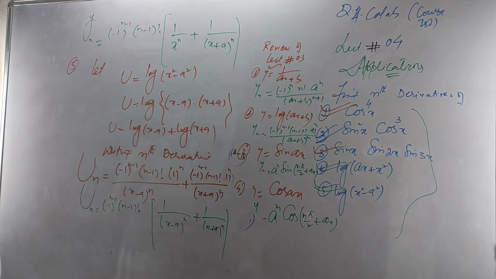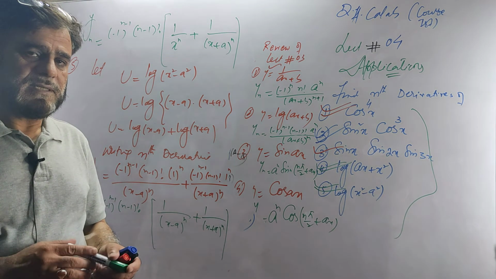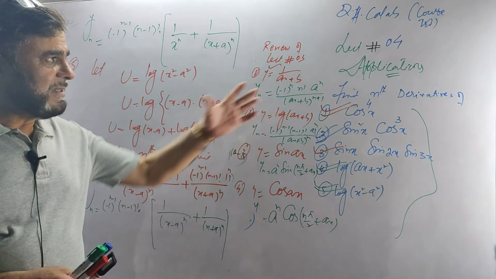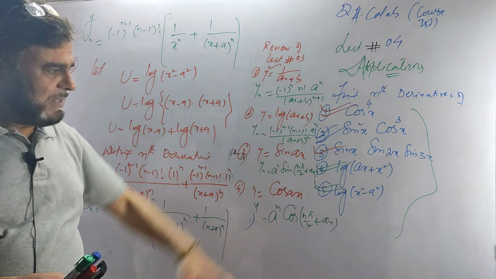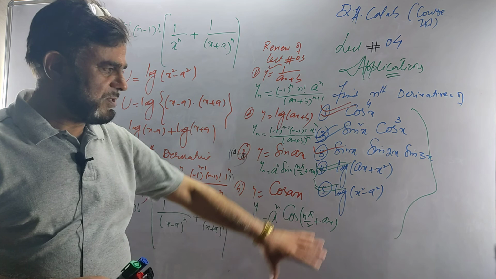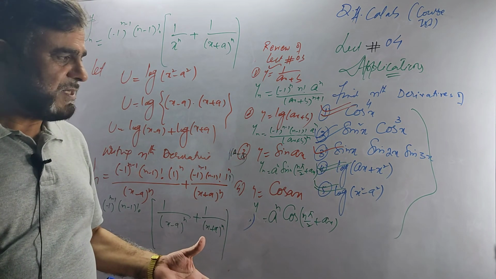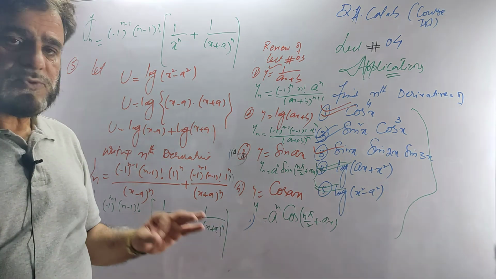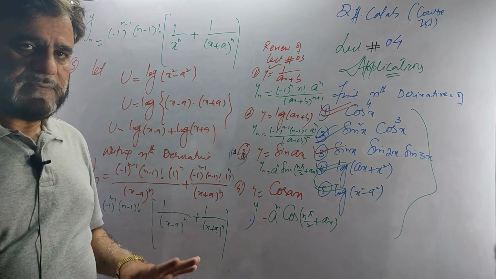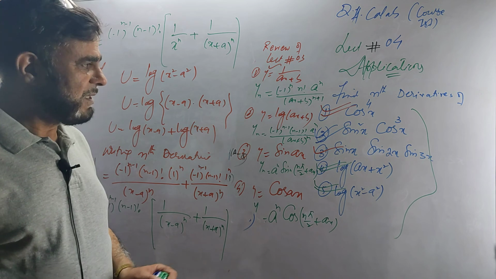We did it in this way. I hope you have understood the application of lecture 3, where we did the nth derivative of some fundamental results, and in this lecture number 4 we have applied those results in some questions. Now you are in a position to do the questions. We are doing successive differentiation here. In successive differentiation, the main thing is to learn how to find the nth derivative, because only then can you use it in Leibniz theorem.